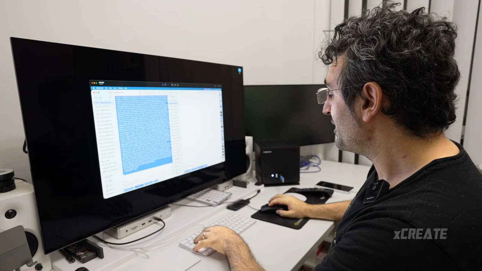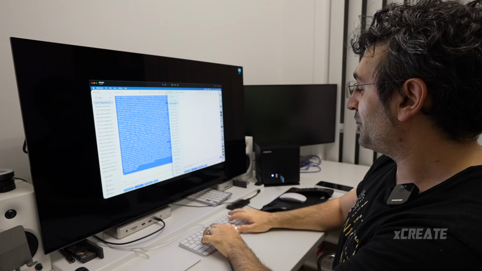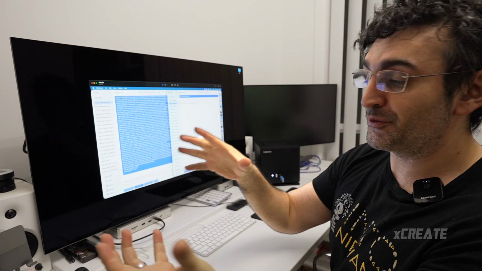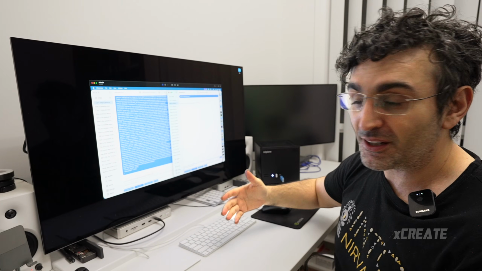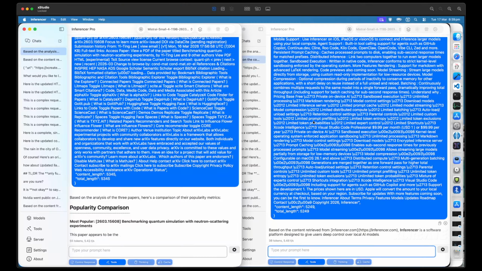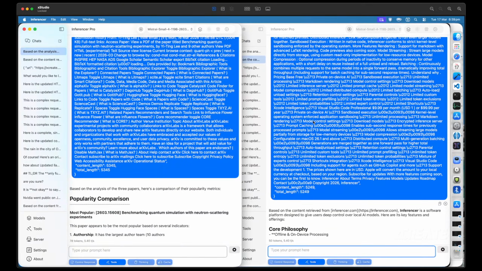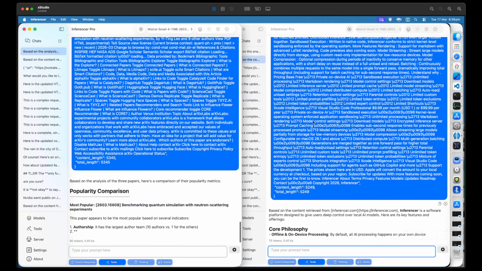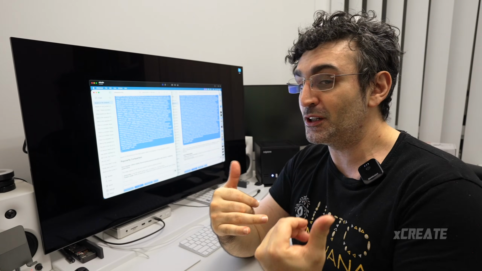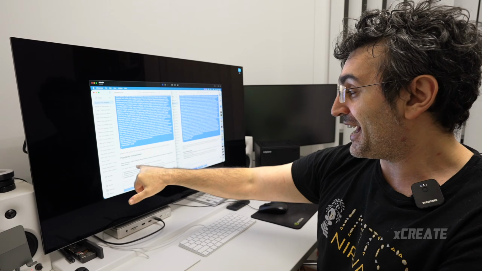At the same time, I'm going to just go and say, what is inferencer.com, to see if it can handle multiple tool calls at the same time. For example, if you've got this set up on like a family server or something like that, can multiple people talk to it and ask different requests? And you can see here, it's doing a popularity comparison at the same time as getting me the latest information on inferencer.com. It's got the most popular, so it's actually done something. So as a research assistant, okay, it failed a little bit understanding the tool call, but once it got it, it's got it good in its memory, and it's actually got me some results.